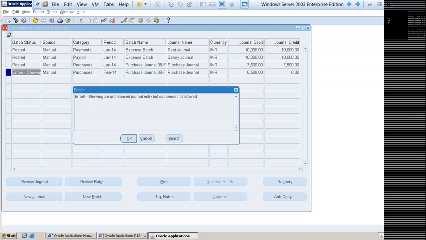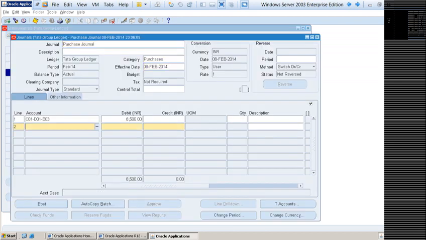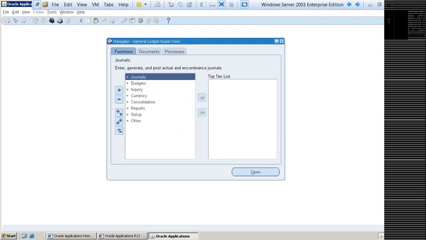So how to correct the entry? Just click on the blue on the left side, or just go to review journal. And then, I guess, then what, Sukumar? Then you have to give it to the cash account. Yes, you can make the cash account credit. Otherwise,